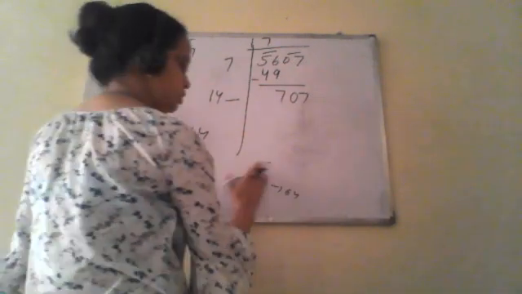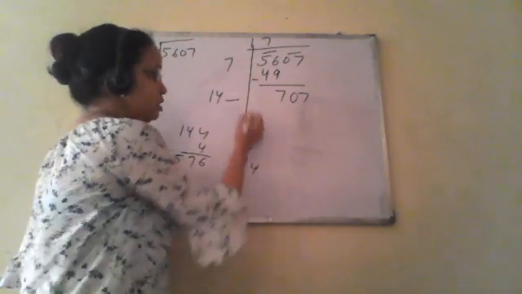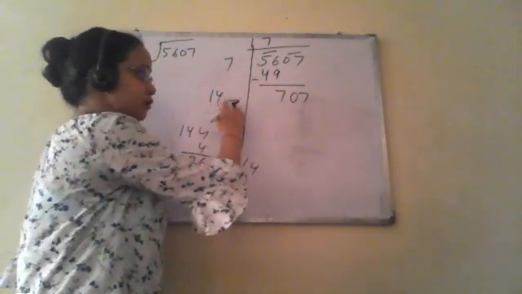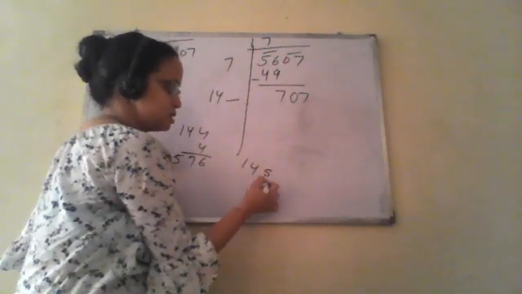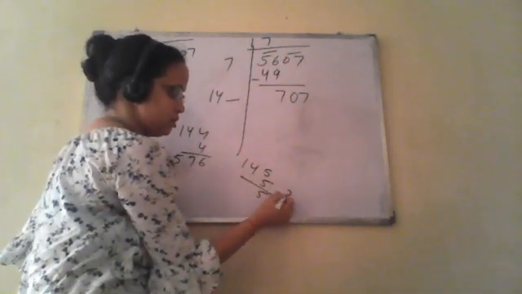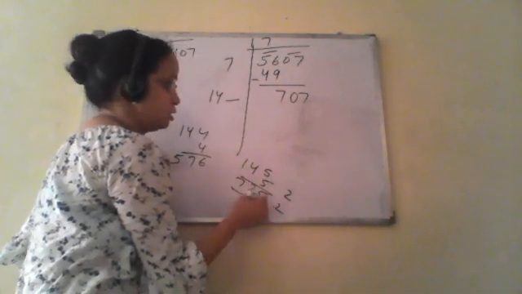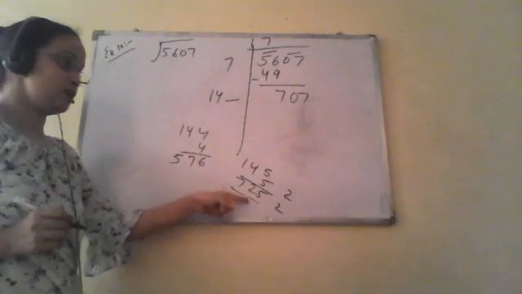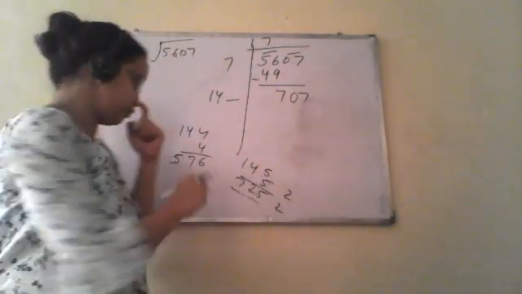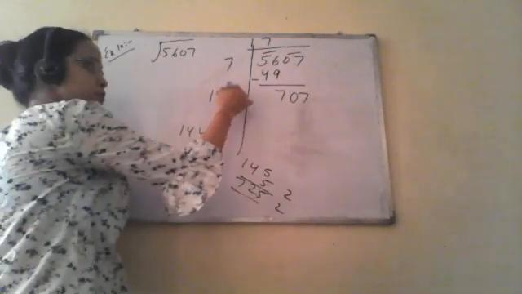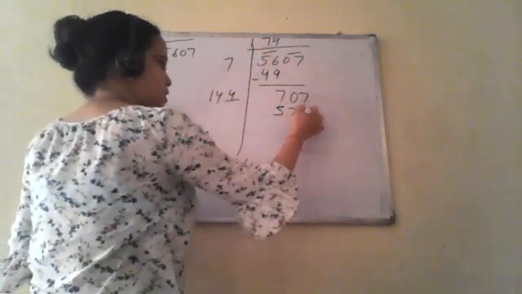We can try with 145 also, if in case you have confusion. If we are going to fill this blank with 5, we have to put the next digit as 5 also. So we will multiply this 145 by 5. If we are putting 5, the number is coming 725, which is greater than this 707. So we will go with 4. If we put 4, we will write 4 here and this will be 576.